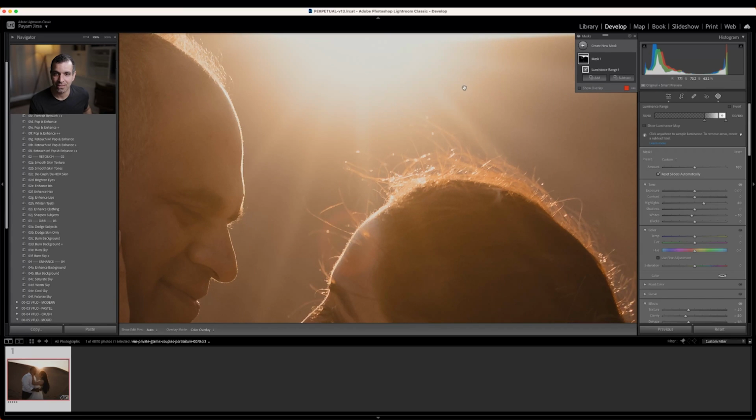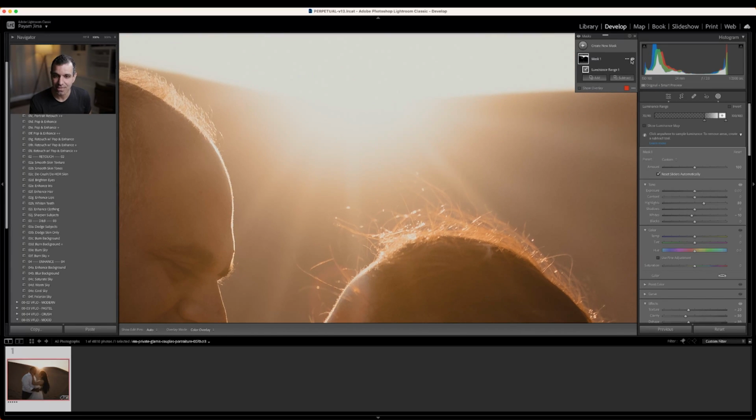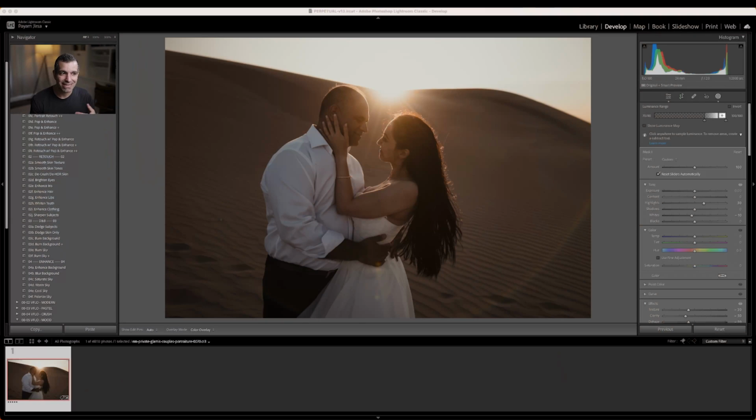If I zoom in, look at this. If I zoom in over these highlights, look at what it's doing to the flyaways. See how it's softening them up and kind of making them almost part of the aesthetic of the image? Isn't that kind of cool? Is that cool though? Now, once you have this all dialed in, let's not forget, save this out as a